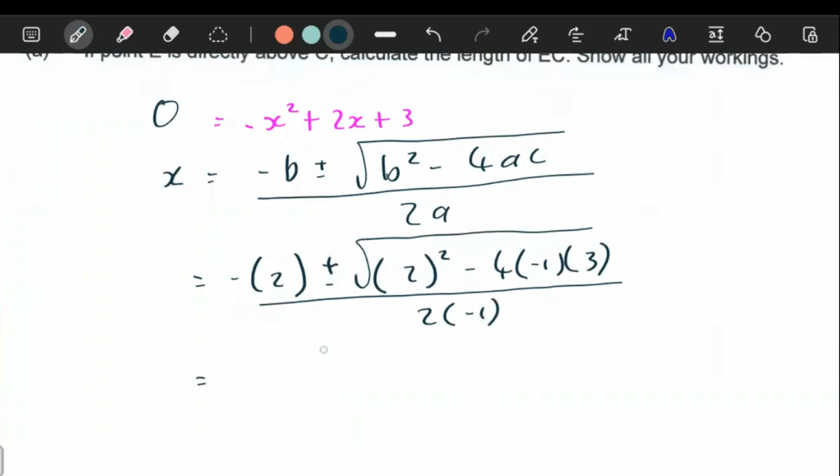So this being done, let's put everything in the calculator. So minus b, which is -2, plus 2 squared minus 4ac, the whole thing over 2a. So you're getting an x value of -1, which is okay,